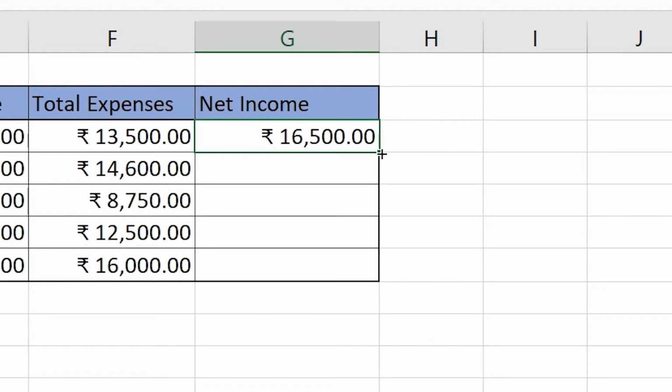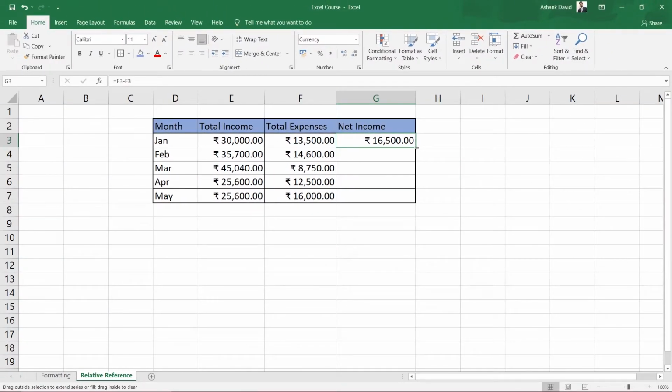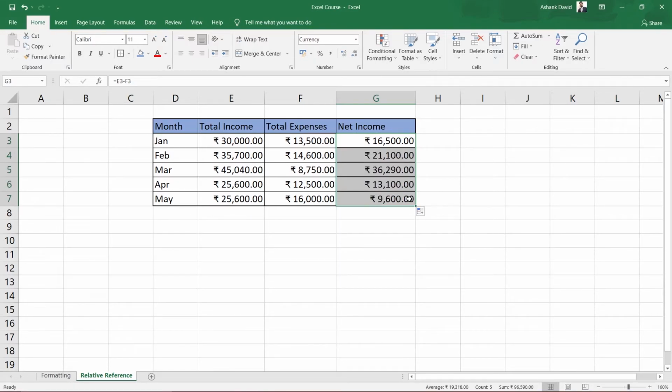Once it changes, you need to click and hold on the corner of the cell, and then you can drag onto the other cells. When you release the left mouse button, you see it automatically calculated all the net income for the rest of the months.